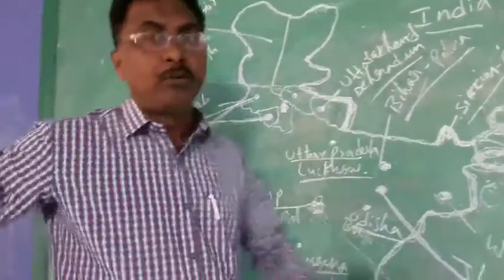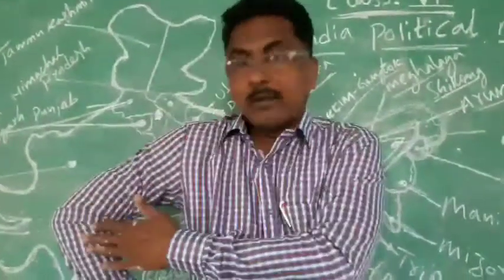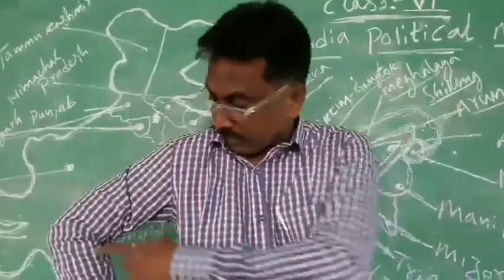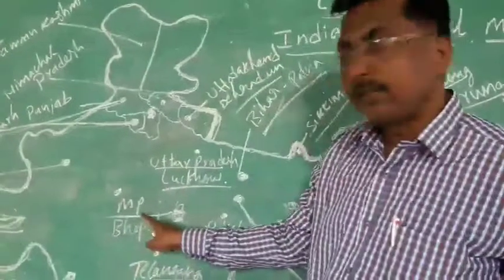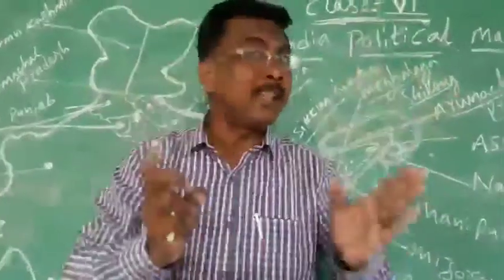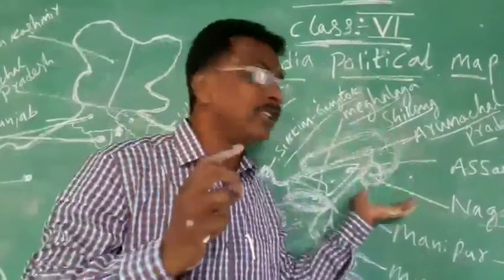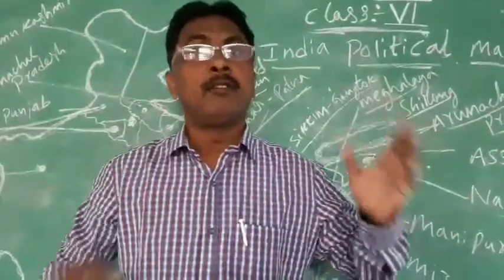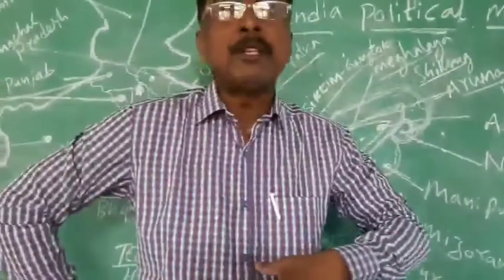And one thing I tell you, you can easily identify like this on the map. This part is Gujarat, you see the shape. Gujarat, I told you. Here Gujarat, Gandhinagar, and Madhya Pradesh, you see here, the center. Madhya Pradesh is in the center of India when you are pointing on the map. Once you understand this, if you listen properly, you will never forget where the states of India are. You can point them out easily.